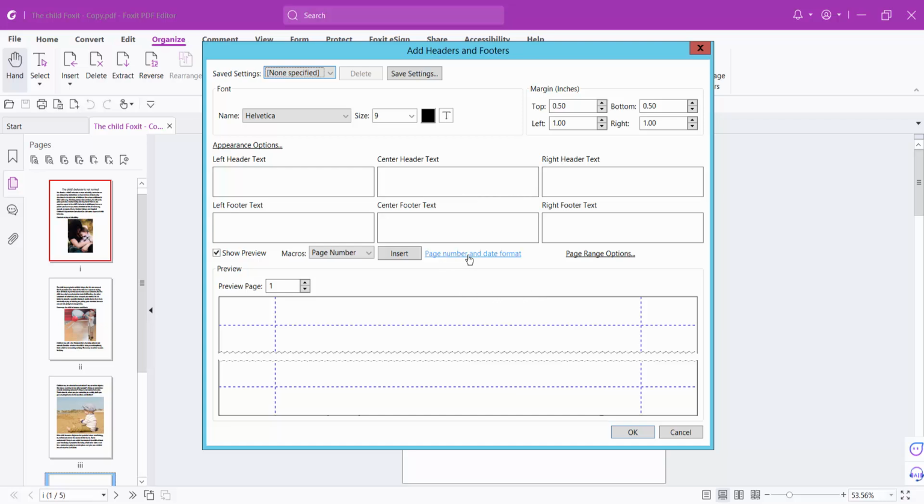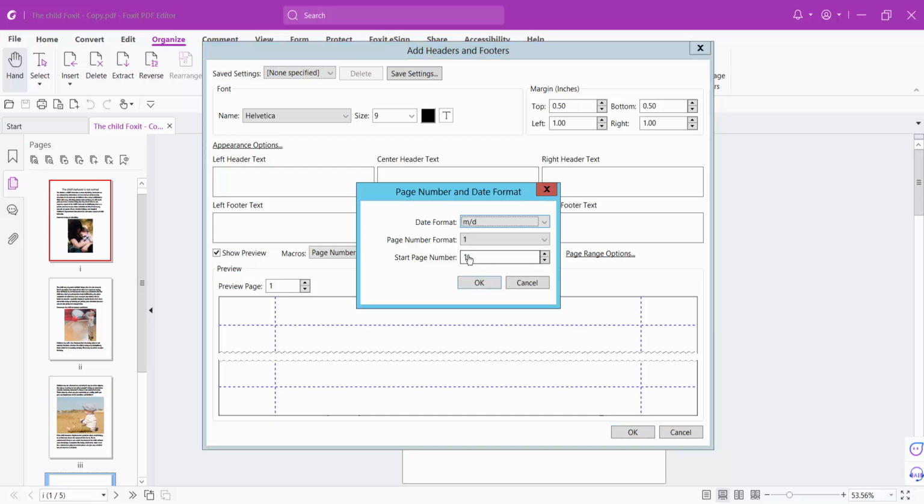and click in this page number and date following option, and select header page number style, and select the first one. This is the start page number. I'll select number 2 here. Also you can select 3, 4 and 5. So now select OK